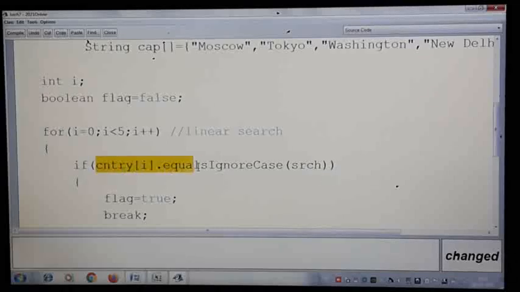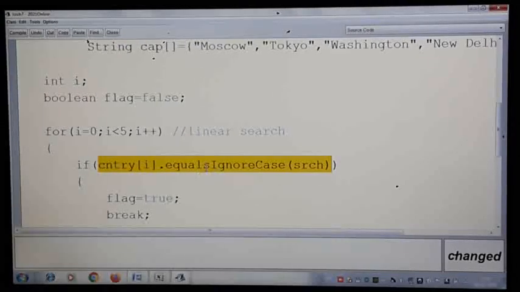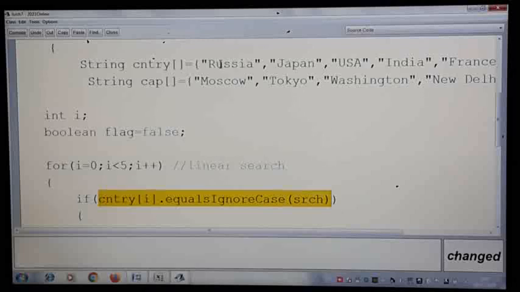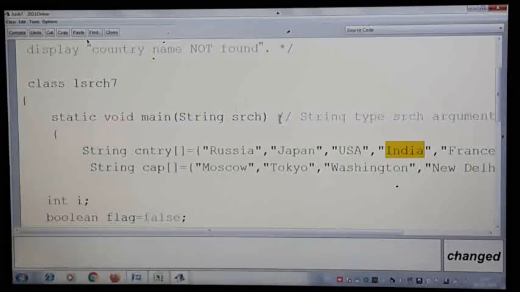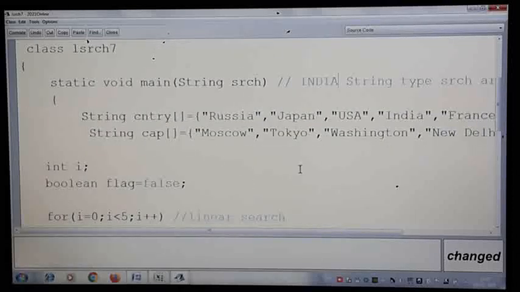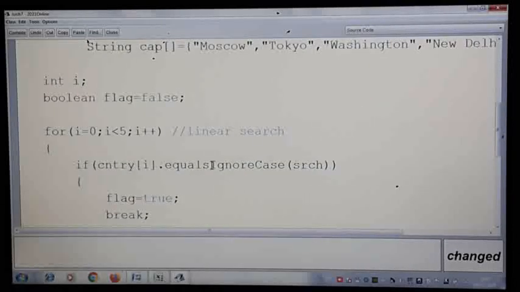Now here I am using equalsIgnoreCase instead of equals. For example, I give India. Here only the I is in capital, and the rest is in lowercase. If my input is India in all capital letters, though there is a country India here, if I simply use equals, it is case sensitive and it will give you country name not found.